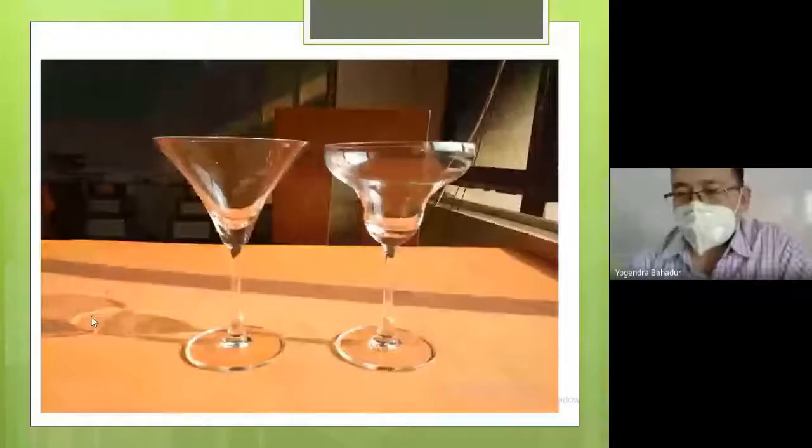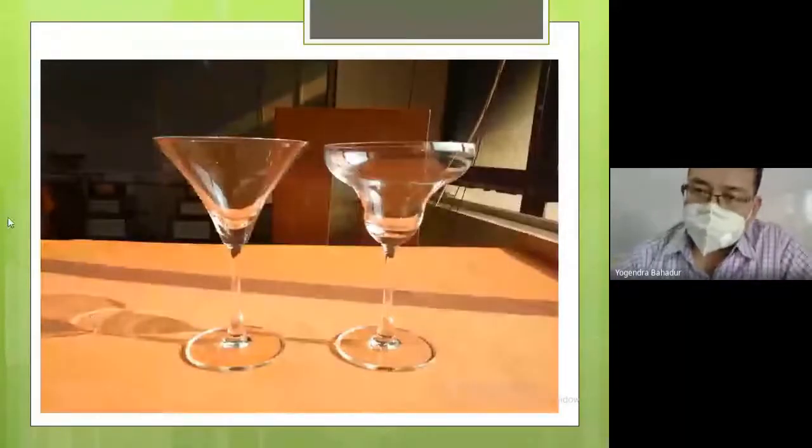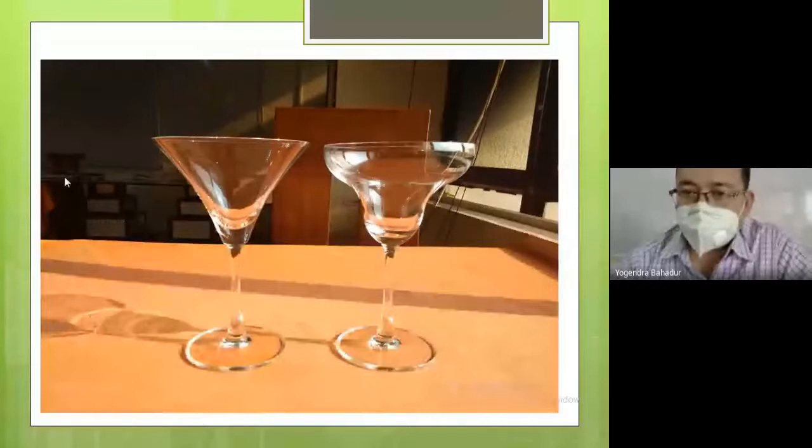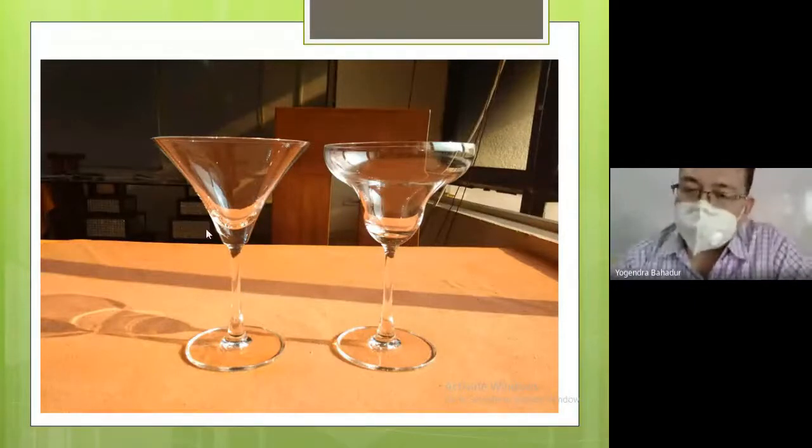Moving further, these are the two glasses. The left one glass is known as the triangular in shape from the upper part. It is known as martini glass. Why again it is called martini glass? Again, there is a specific reason. Martini is a type of cocktail only, gin-based cocktail. So we are not going to get into the skin of cocktail and all that, because all those things you are going to learn once you go to your, I think, third semester. So there is no point of discussing cocktail over here. This particular is known as martini glass.